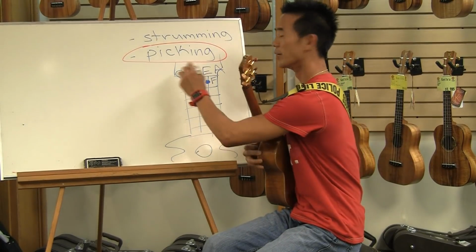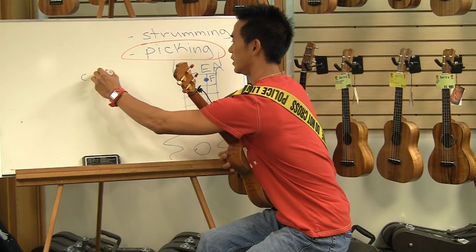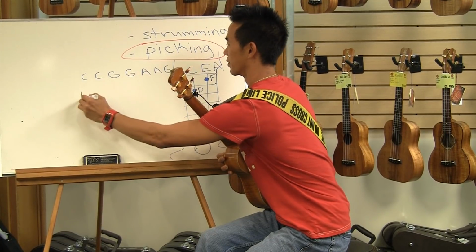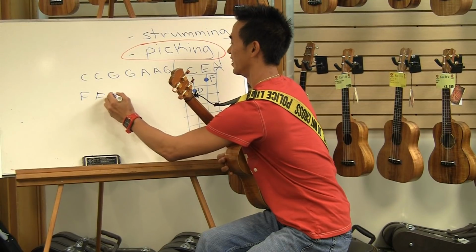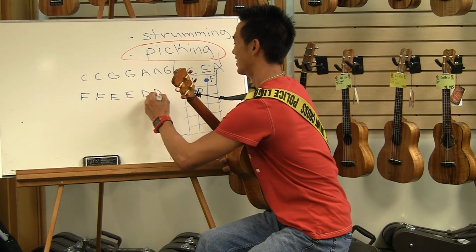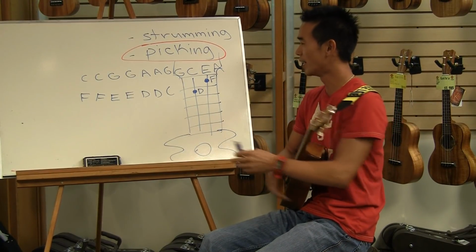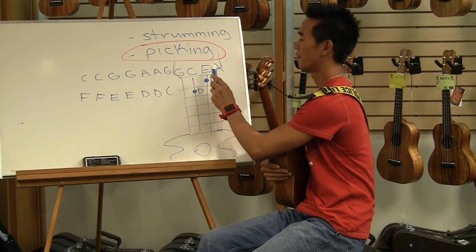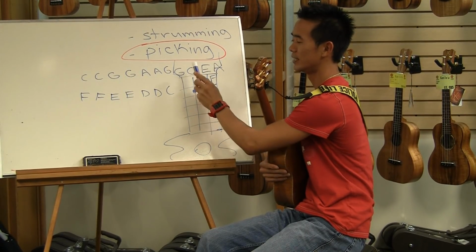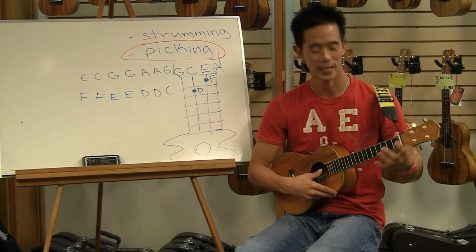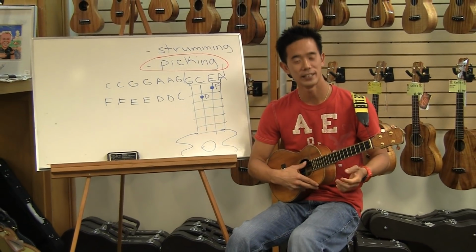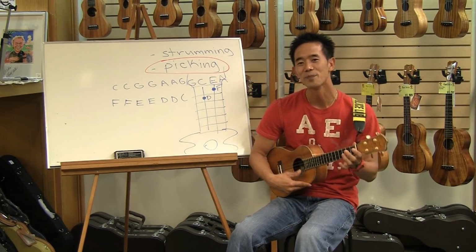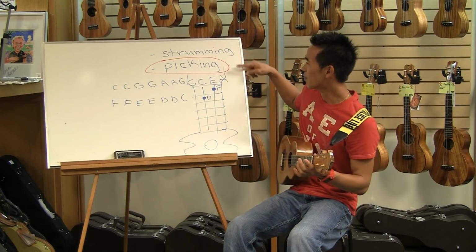Learn the notes, and when you learn the notes, I could write on the board C, C, G, G, A, G, F, F, E, E, D, D, C. So basically I'm playing C, C, G, G, A, G, F, F, E, E, D, D, C. That's going to sound like this. G, G, A, G, rest, F, F, E, E, D, D, C. So you want to learn the two parts, and what I'm going to do now is